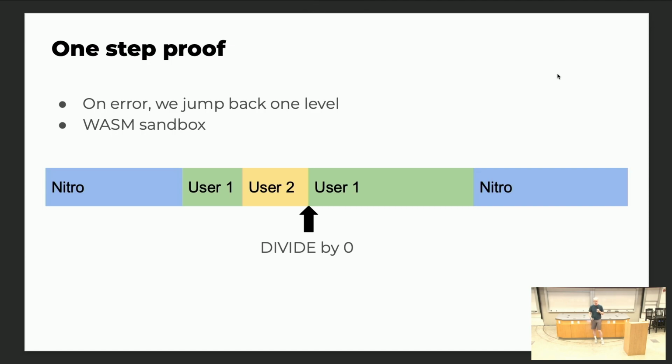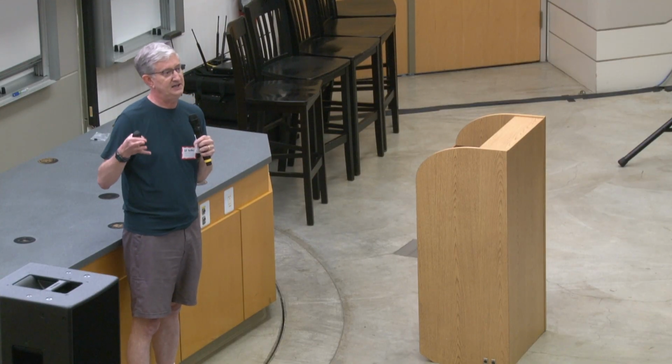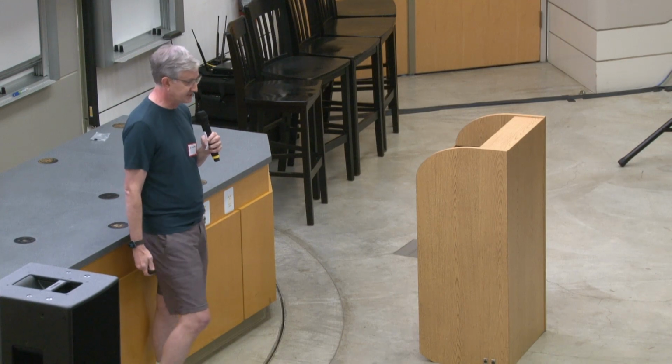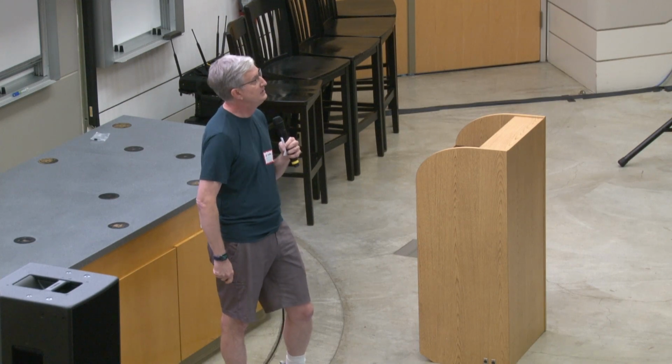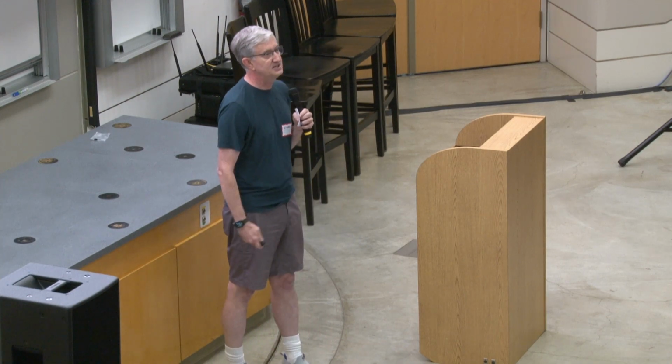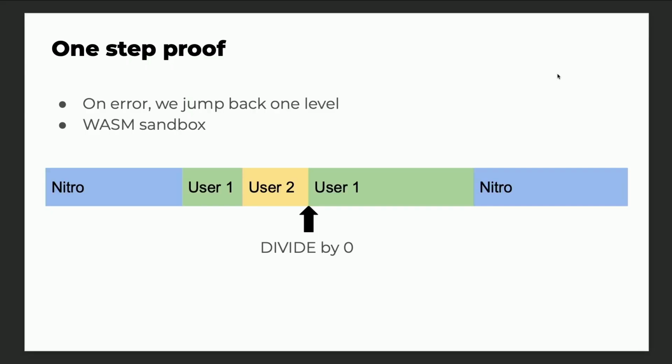So on an error in the execution, we're going to jump back one level, but that jumping back happens through provable WASM execution, and we're able to take care of that inside the Arbitrum WASM execution model. The WASM sandbox really helps us here. So if a user program divides by 0, it's okay. Control will be vectored back into the calling program in a way that's consistent with the EVM execution model. So this will work in the same correct way, whether it's erroring and faulting back into WASM code, Stylus code, or legacy EVM code.